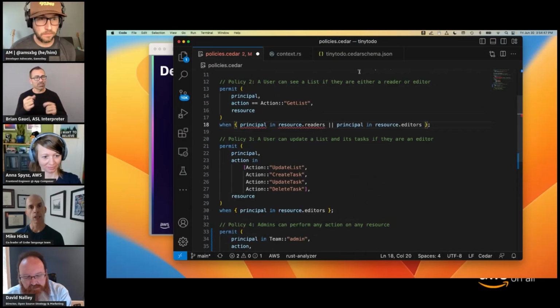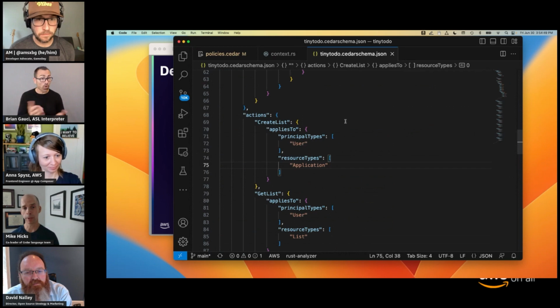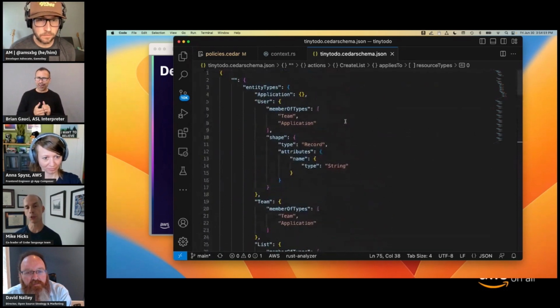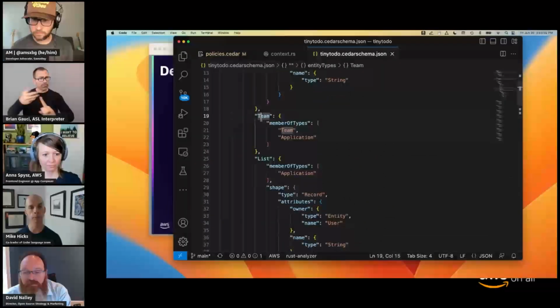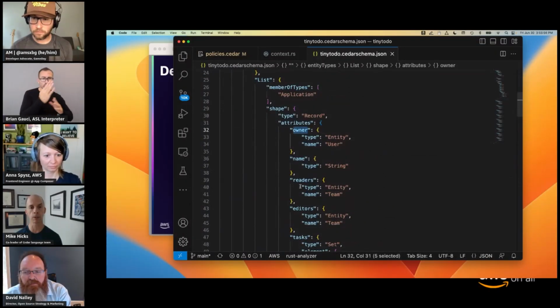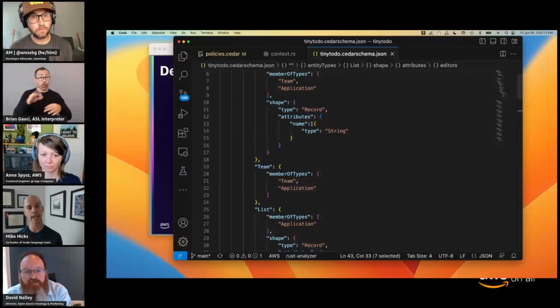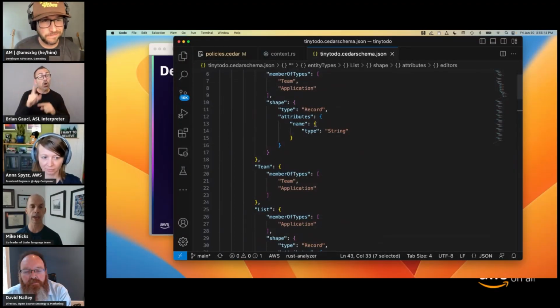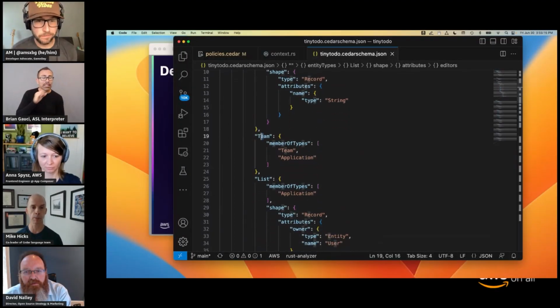That's great. So how does it know how to make those distinctions? Well, what you do is you write, like you would in other settings, something that's like a JSON schema for your authorization posture. You define the different types. We've seen users and teams and lists, and we saw in lists, for example, that there's owners and readers and editors. And so you describe the shape of your data. When I typed in TAM and not team, the validator could tell, whoops, that's a mistake. Probably you meant this one.